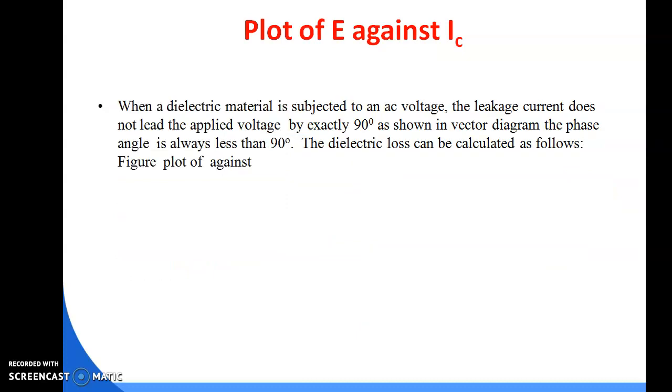So this is the plot of E against IC, the version for a dielectric material subjected to AC voltage. The leakage current does not lead the applied voltage by exactly 90 degrees, as shown in the vector diagram, and the phase angle is always less than 90. The dielectric loss can be calculated as